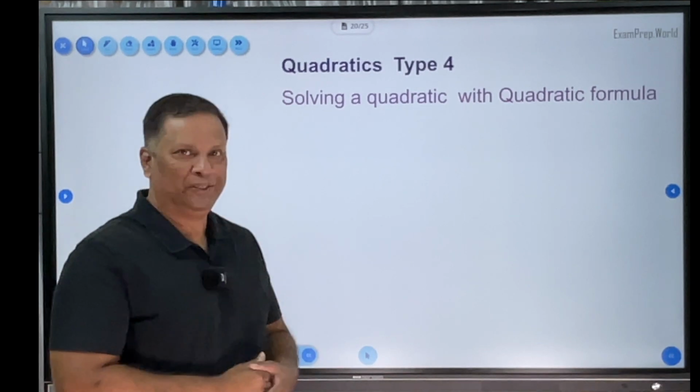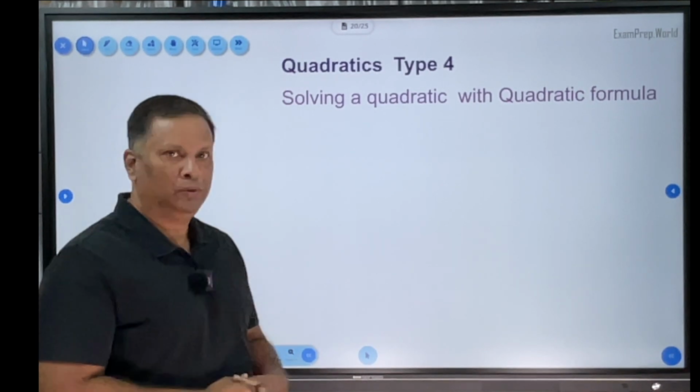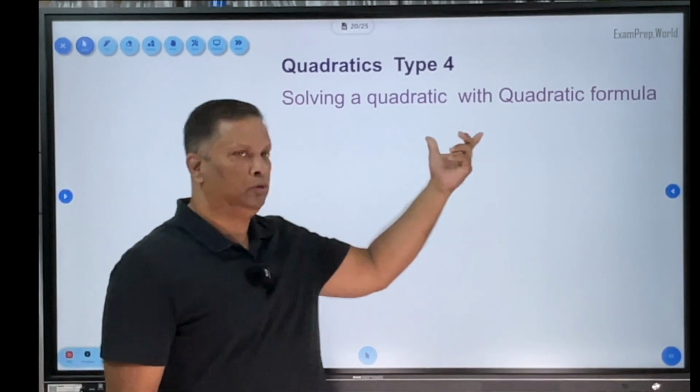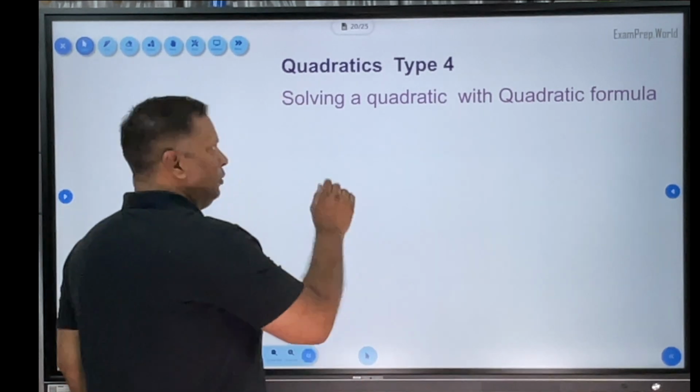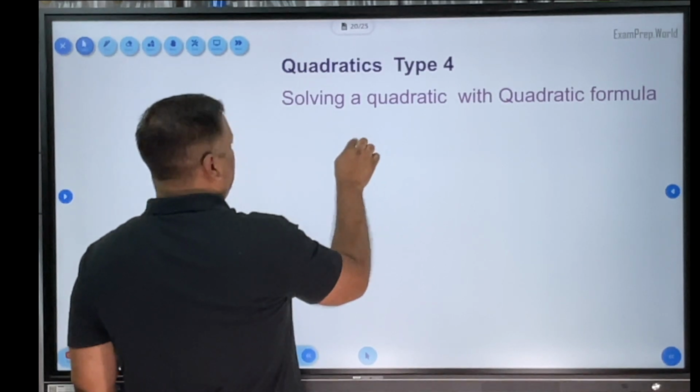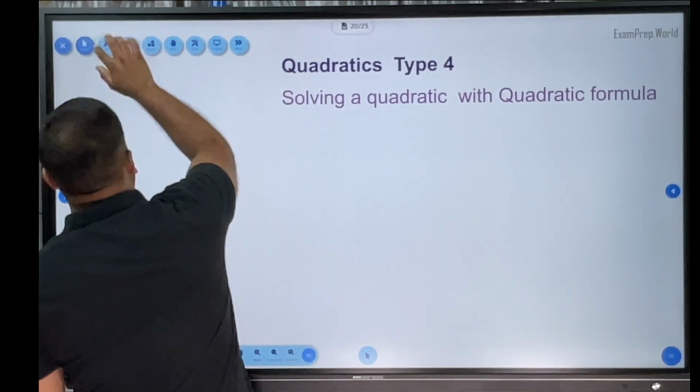Hello children. So we are here to solve a quadratic using the quadratic formula. What is the quadratic formula? Most of you must be knowing, but still let's write. Suppose you have a quadratic in this form,